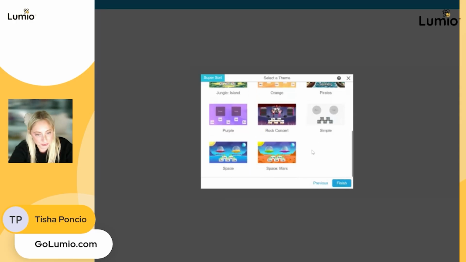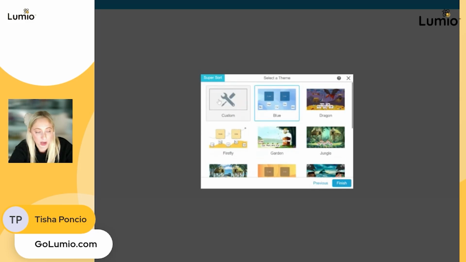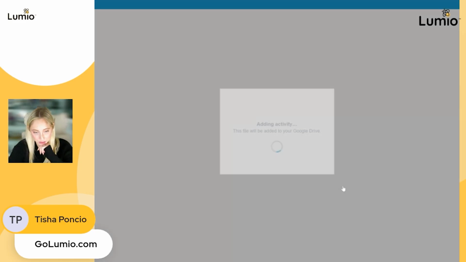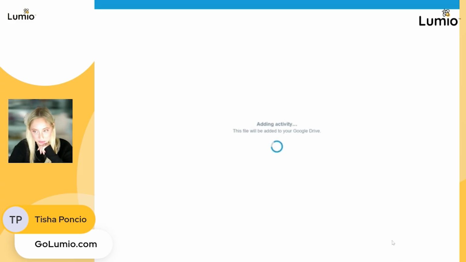There are some different themes here for my adult learners. We've got some simple ones, like a white one, a purple, orange, blue. You can also do custom. I always like to do custom because I'll make my background something that's relevant to what we're learning about. I'm going to do blue for today. And then that's it. Once it's done loading,